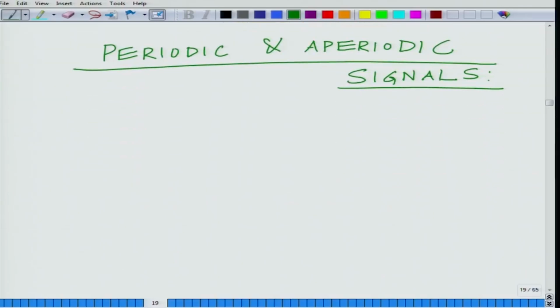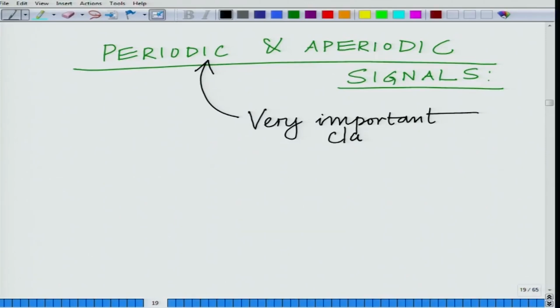So, this is an important classification. Again, this is a very important classification. x(t) is periodic if there exists T